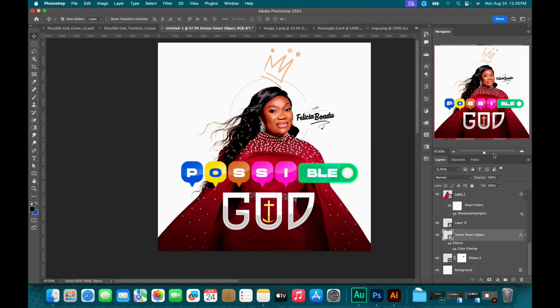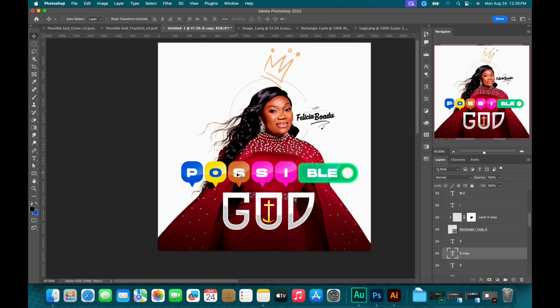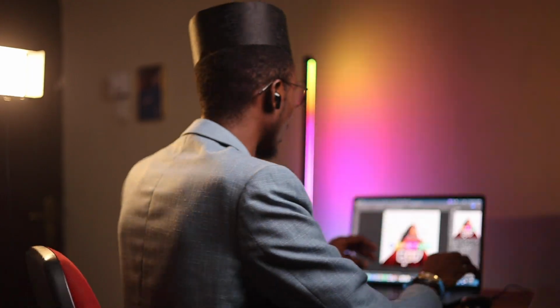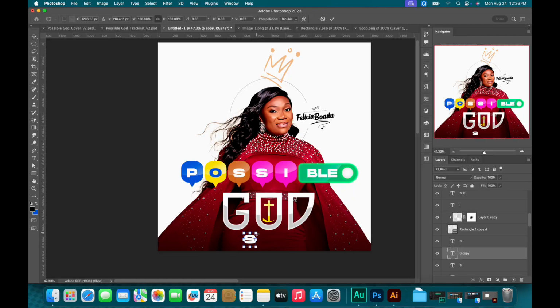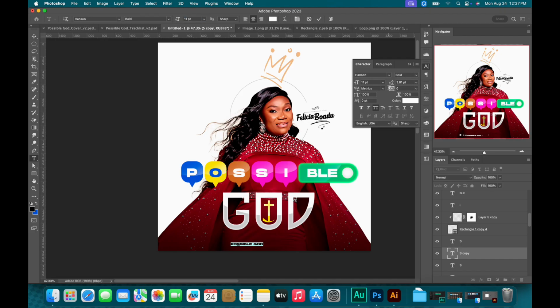All right, so let me select the Hansen, create a duplicate, move it here. Duplicate with Command J, or Control J on Windows, and then do the size here like so. Command Enter and type possible God. Command A to select everything, or Control A. We do the size like so, and then we already have the title, so there's no need making it big,